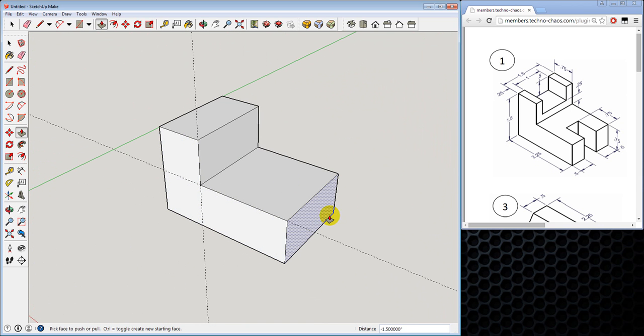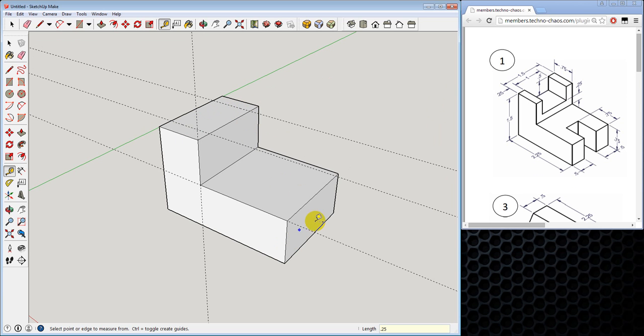Now we're going to just repeat those steps for the other features that we have. So I'm going to do all my guidelines, and then I'm going to do the extrusions last. So I have, according to this drawing here, 0.25 is the gap here from this edge to this edge, 0.25 on both sides. And I know it's on both sides because there's 1 inch in between the gap, and since it's 1.5 total, I know that there's 0.25 remaining. So I'm going to come over here, 0.25, and here I'm going to do 0.25,